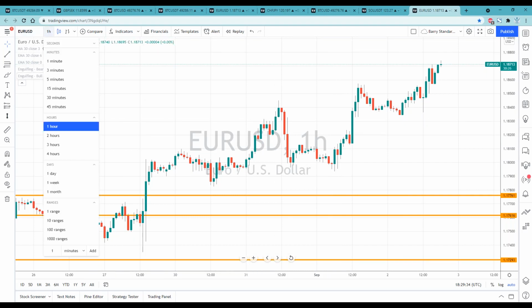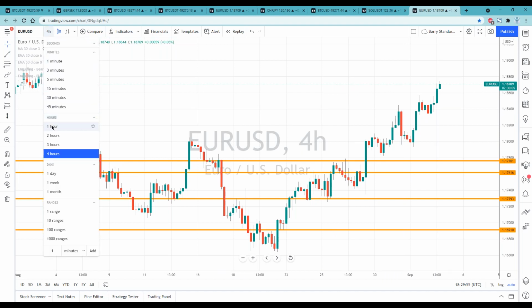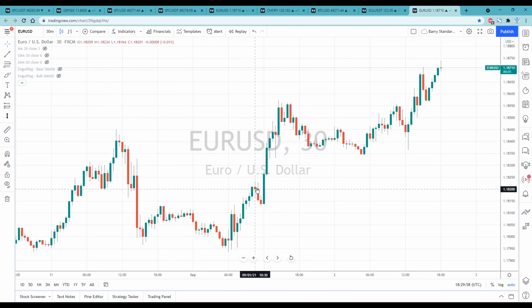So the 4 hour gave us a much better view of what this asset is going to do, and we know where the support for the asset is. We know that the buyers are pushing this price up steadily, and they push it up to a new higher high. They ease back down and then build the momentum again, and they push up. When we break it down to a 1 hour chart, or break it down to a 30-minute chart, well,